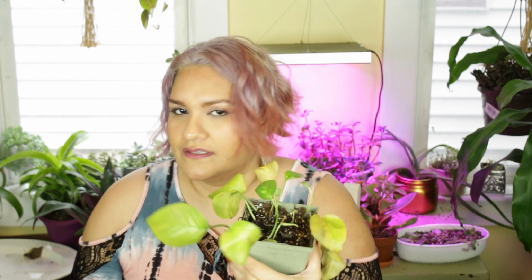So yeah, that just goes to show you that sometimes as gardeners, as keepers, we can try to do everything right and still this happens. There's a few new leaves popping out of the soil, so obviously there are some that are taking, but I mean, look at this. This is very, very different. I'm not sure what happened here, but this is my plant that's not doing so well. So I don't know what's going on, but I'm going to kind of throw in the towel on this one and see if I could just...